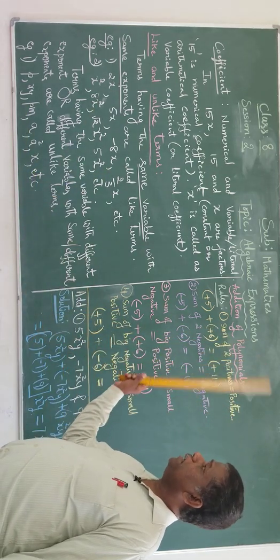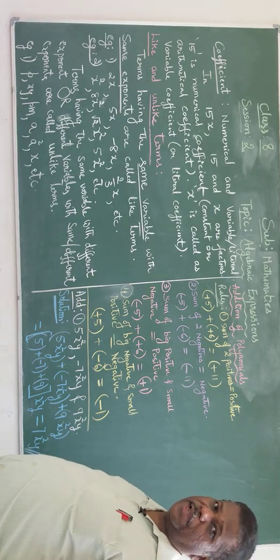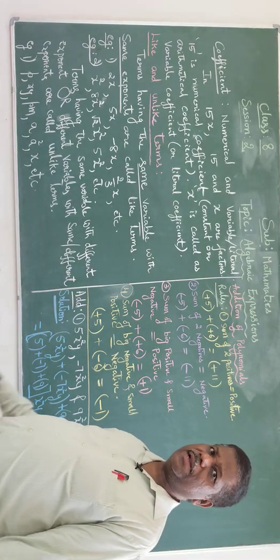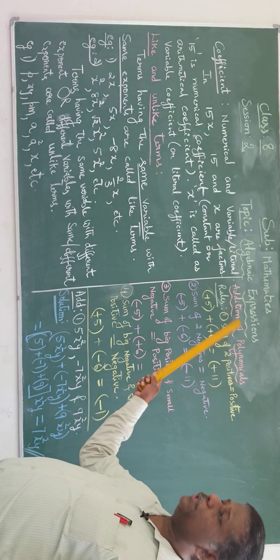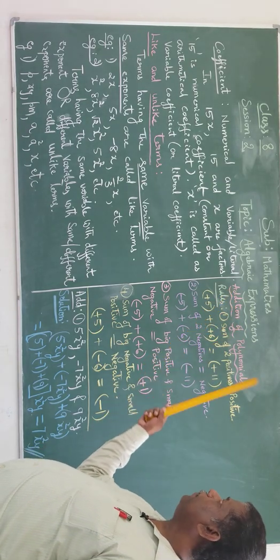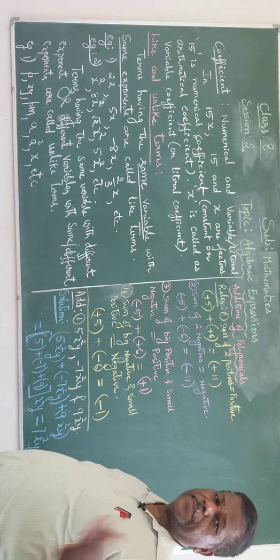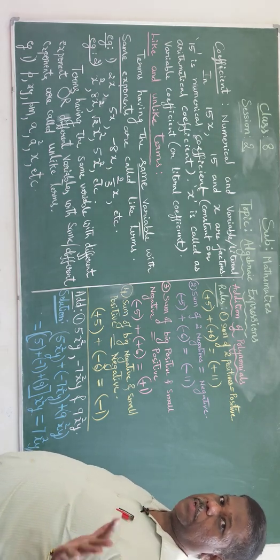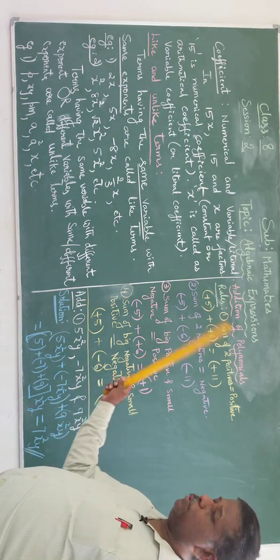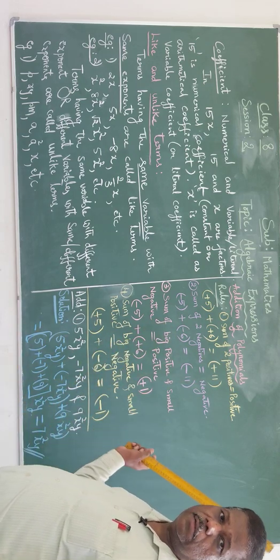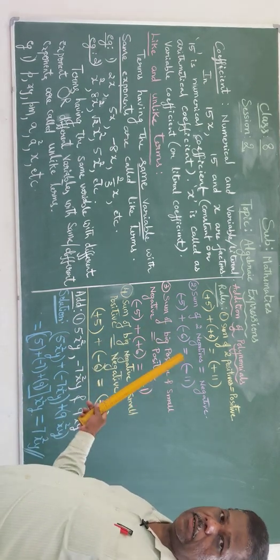So now let us go for addition of algebraic terms. Algebraic terms can also be called a polynomial, so I am going to mention it as addition of polynomials. There are 4 rules to be followed, one after the other. In this part you have to be very careful. Rules are to be strictly followed here for addition of algebraic terms.